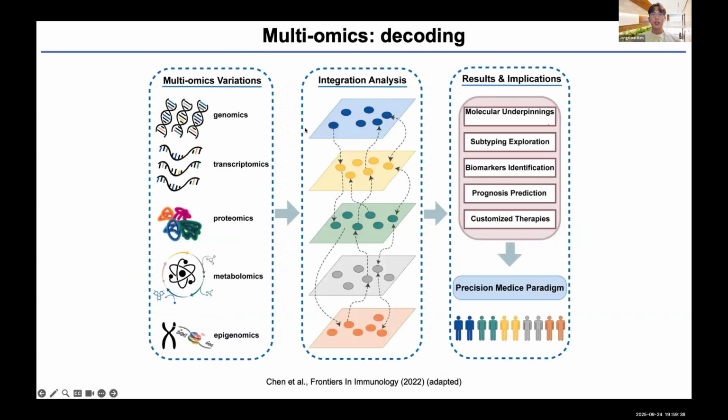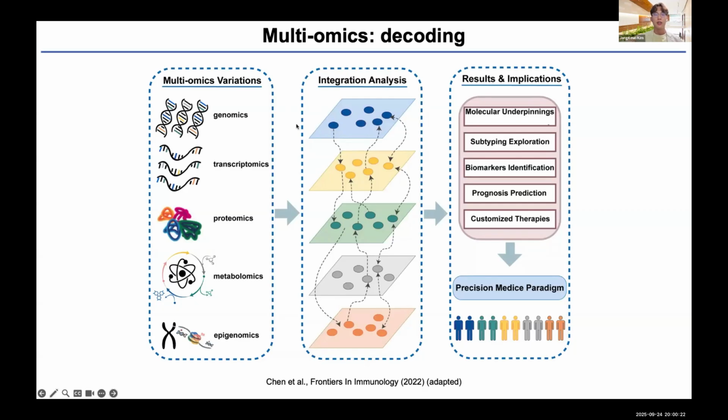Specifically, I'm using two major tools. One is multi-omics, decoding the language of life. Omics is a term encompassing the study of molecules in a holistic way. In the cell, there are multiple layers of molecules, such as DNA, RNA, protein, metabolite, or epigenome. For example, genomics is a holistic study of the whole DNA, and transcriptomics is analyzing all of the RNA at the same time. With the different layers, we can understand the biological underpinning of biological phenomena.